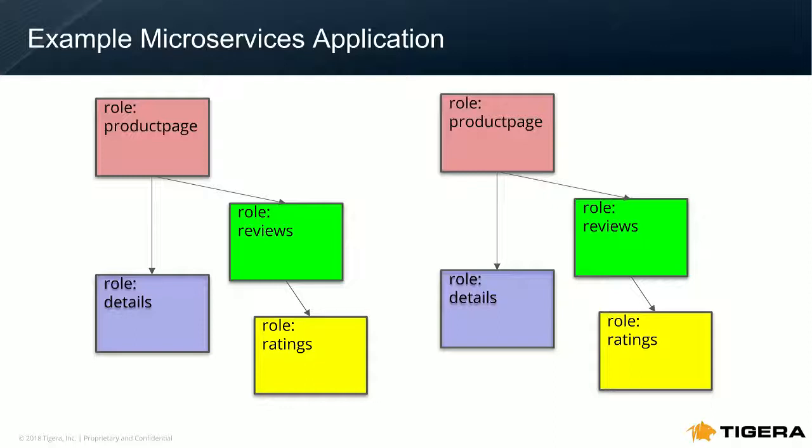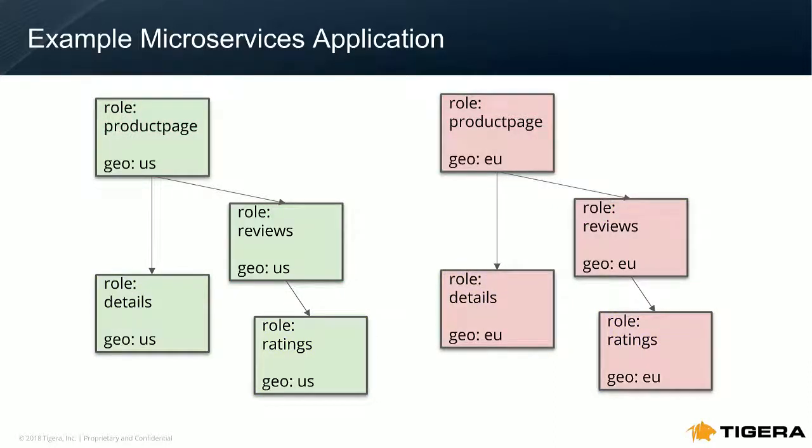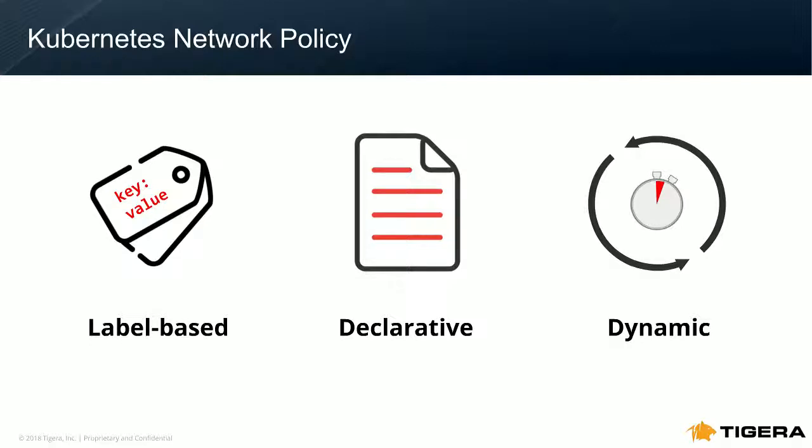So what we really want is a set of policies. These are two separate sets of policies, and they should be rendered separately. One policy says US nodes can only talk to US nodes, and one says EU nodes can only talk to EU nodes, and the developer has what we call the microservice graph. So if we go down here and we start thinking about how you do this in a Kubernetes world or in a Tigera world, your policies need to be label-based, and they need to be declarative, and they need to be rendered dynamically, because this is a dynamic environment.